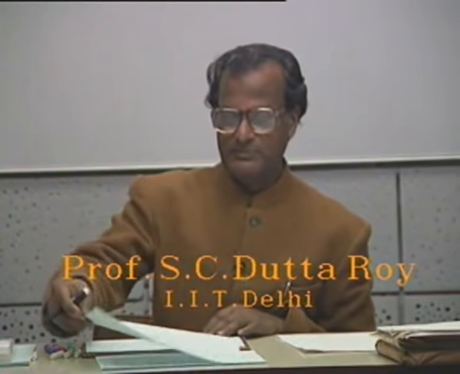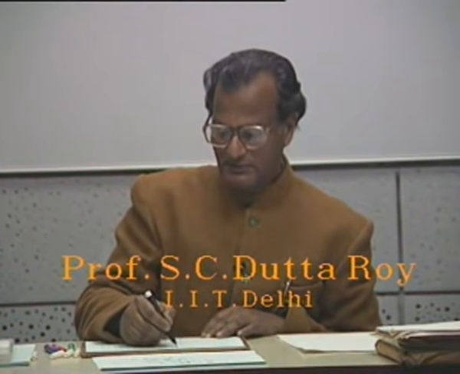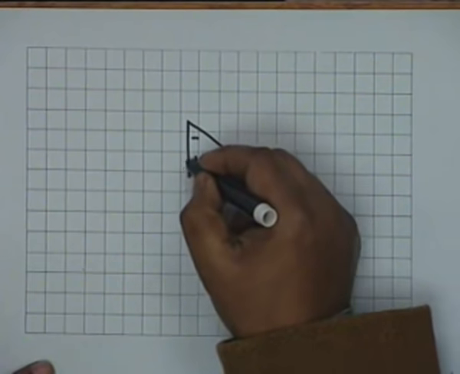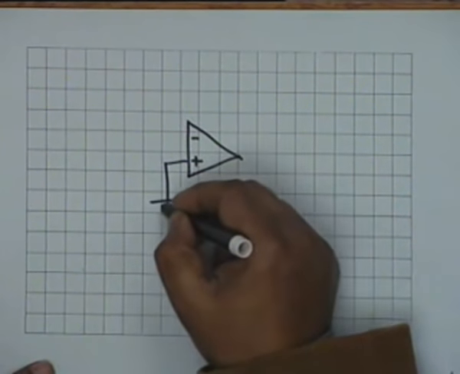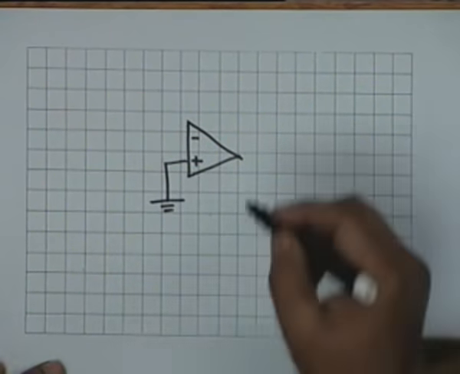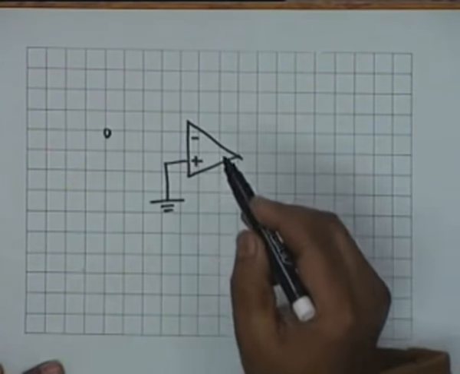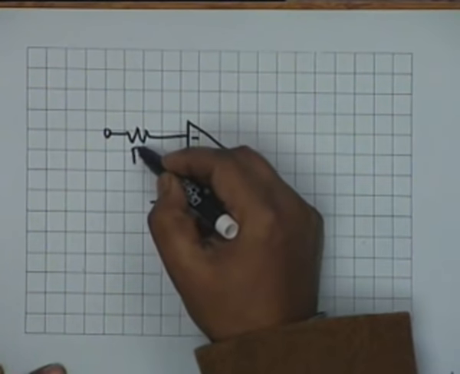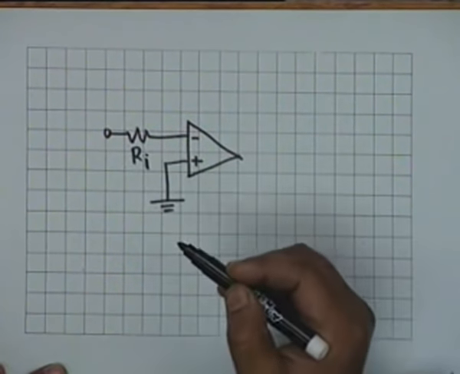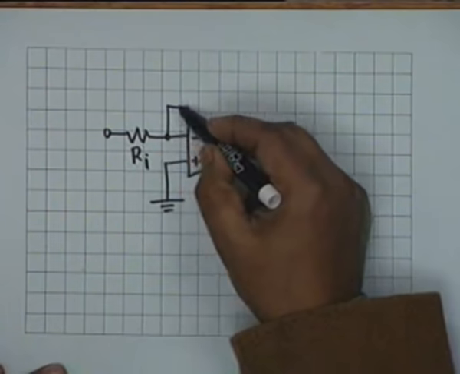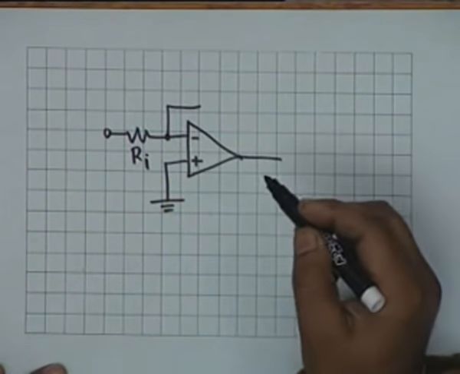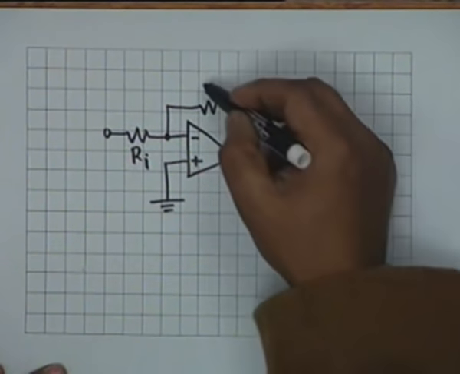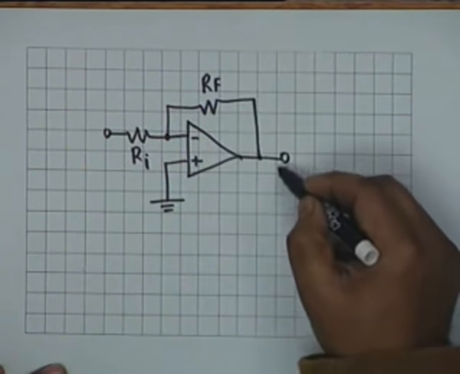This is the situation for an ideal op amp, and with this definition and assumptions about an ideal op amp, we analyzed a simple amplifying circuit in which the non-inverting terminal is grounded and input is applied to the inverting terminal through a resistance, let us say Ri, and there is feedback, that is, there is a connection between input and output through another resistance Rf, and this